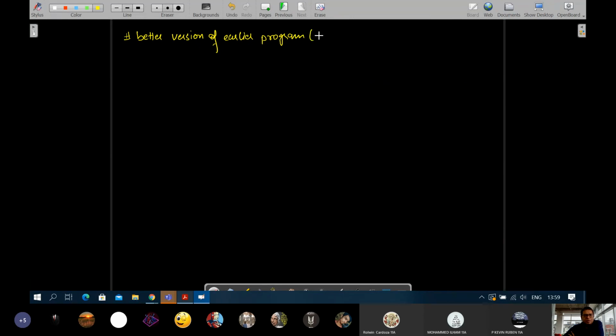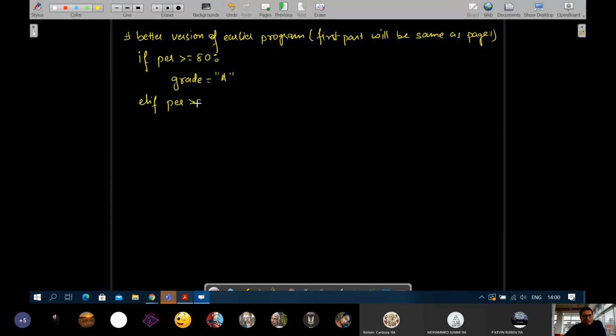First part will be same as page 1. So now I'll write: if percentage is greater than or equal to 80, I'll take a variable grade equals A. If percentage is greater than or equal to 60, I don't need to write and because it is already implicitly implied, automatically implied.